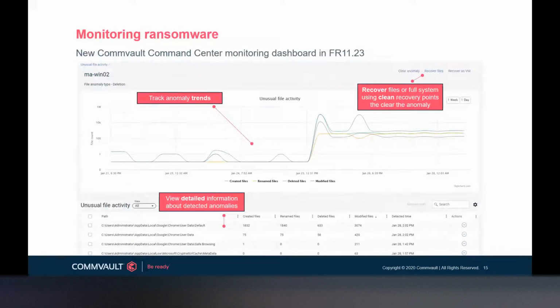And also, we have features not only to protect our infrastructure, but also to monitor the client infrastructure. So, for example, we can monitor the amount of changes on the files on the file server. We are using the change journal on the file system, or we are monitoring how many files are being changed in the backup, depending on which approach you choose. And then we are able to build,